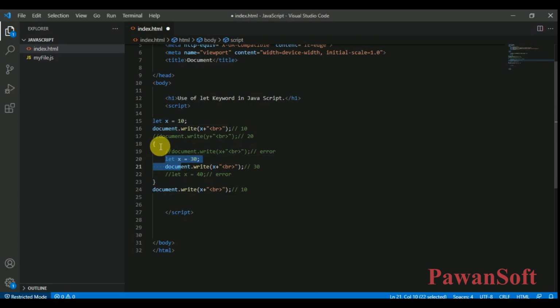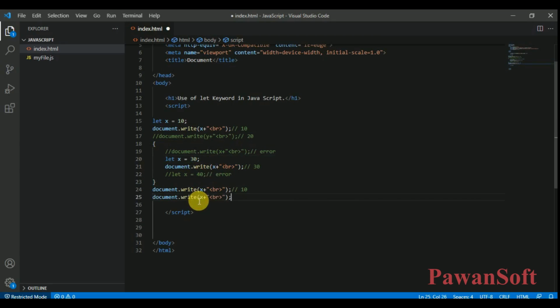Okay, this variable has the local scope, and this variable has the global scope. This local variable you can't access outside; you can access this variable only inside this block, right? So when you declare a variable using the let keyword, it has block scope. Basically it means you declare it inside a block using curly braces, and you can access that variable inside that block only, you can't access it outside that block.